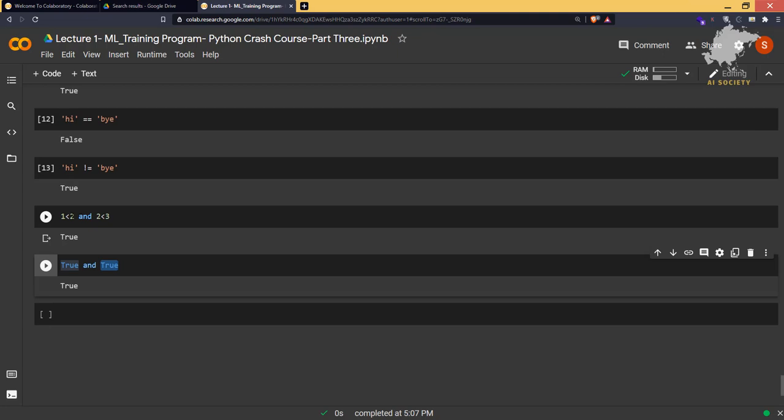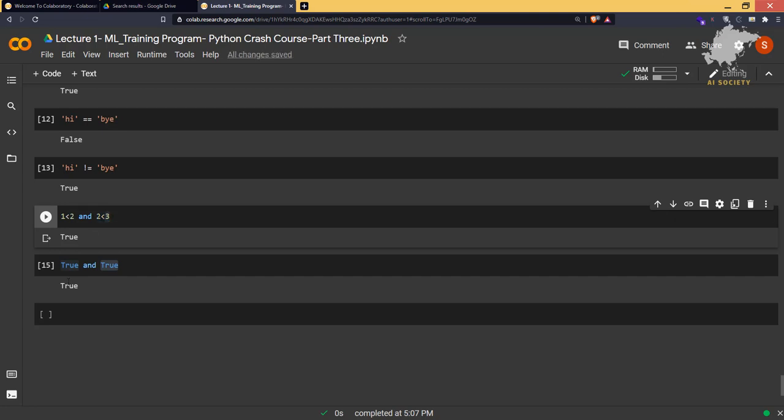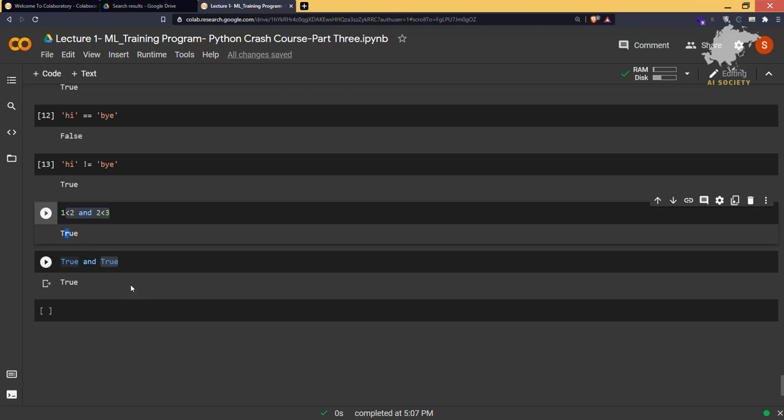Like in the above example, the condition 1 < 2 means 1 is less than 2, so it is true. Then it checks 2 < 3, meaning 2 is less than 3, so that is true as well. So true and true becomes true. If both are true, only then will it give us true, otherwise it will give us false.